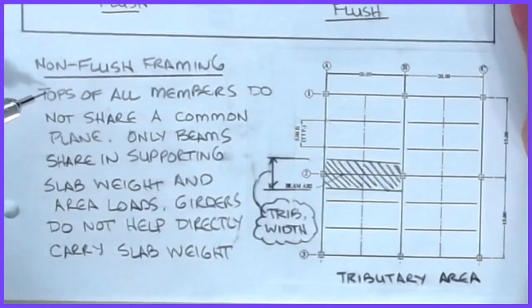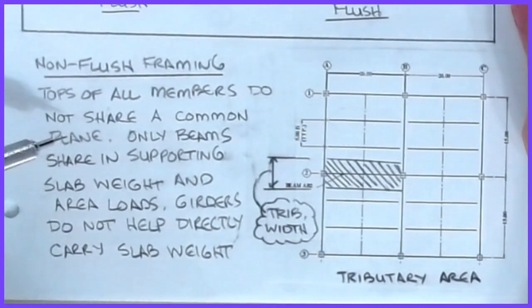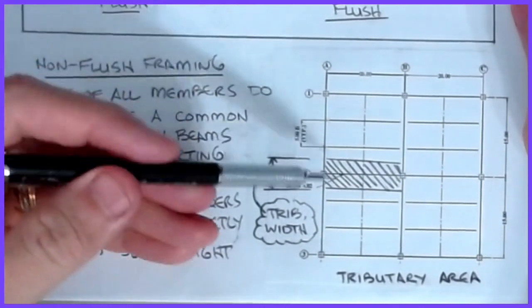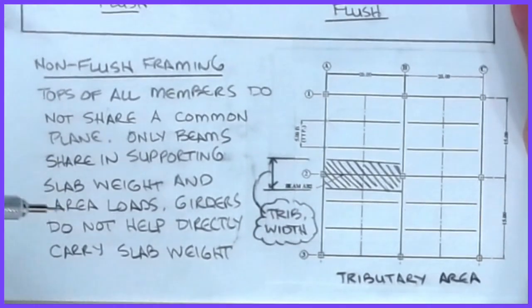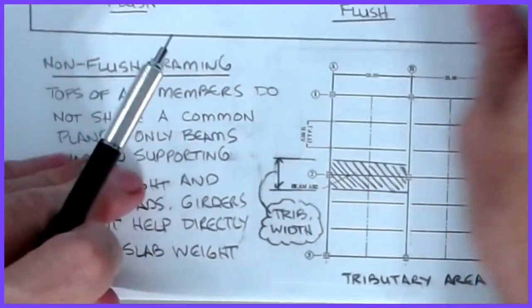It means that the top of all members do not share a common plane. Only the beams, in this case, this is a beam or a girder, are used in supporting a slab weight and the area loads. And the girders do not directly carry any slab weight in this picture. Now let's compare that to